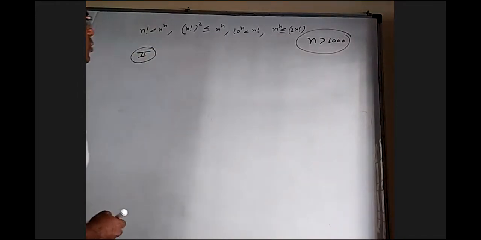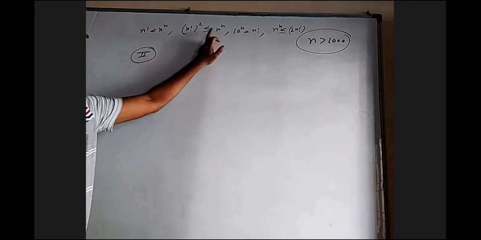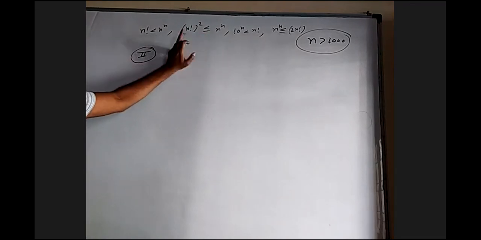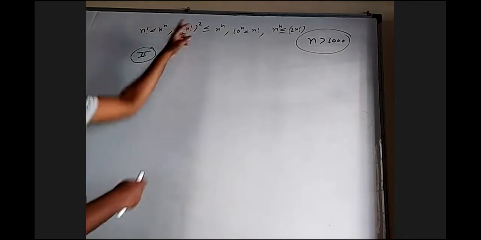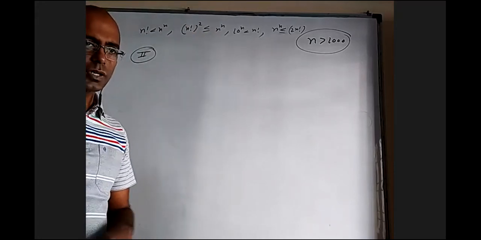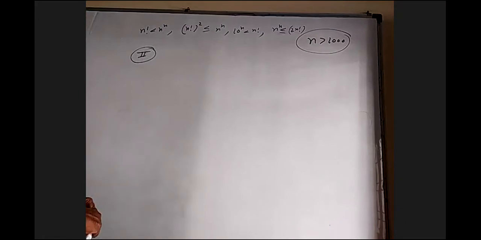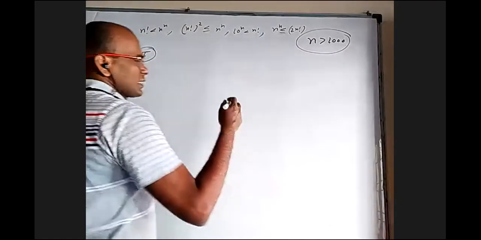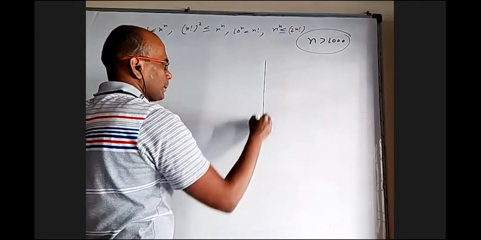n factorial whole square. Okay, they want us to compare with n power n. Here we are multiplying n terms, but there we are multiplying 2n terms, because the square is also there. So the number of terms is not the same, so we have to find a way to compare. I guess there can be different ways. I want to see something from the graph, what is happening.